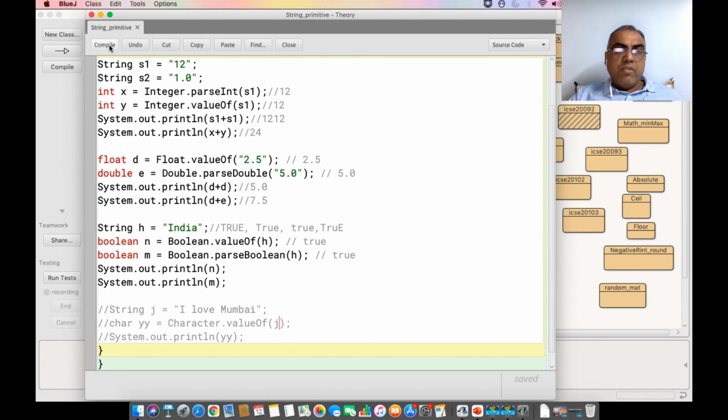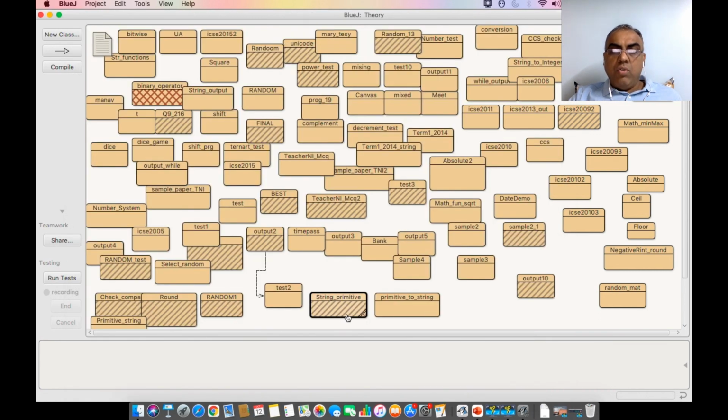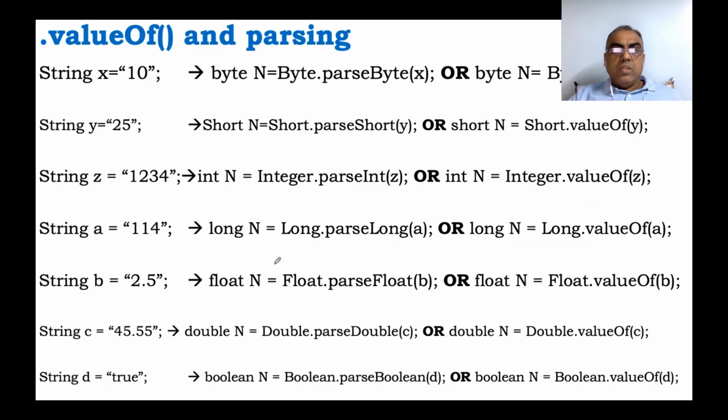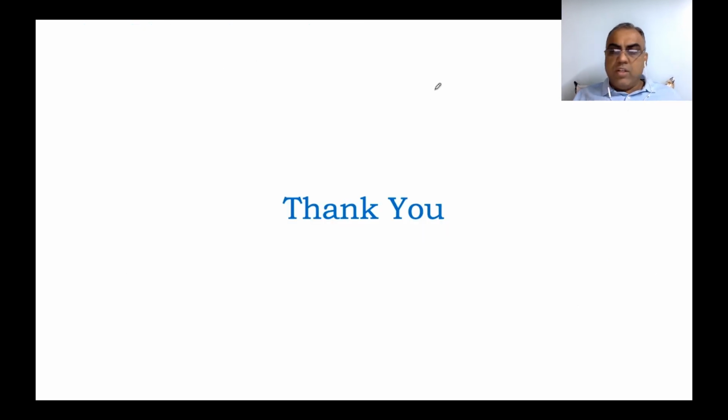So I hope you guys have got this understanding of how string to primitive and primitive to string will work. Here is the same particular string converted both ways, Byte.parseByte as well as Byte.valueOf, and in ICSE both of them have come in the past. So it is likely to come even in this exam as well. You should know as a programmer how to convert primitive to primitive and how to convert string to primitive and vice versa. So I hope you guys have understood this.